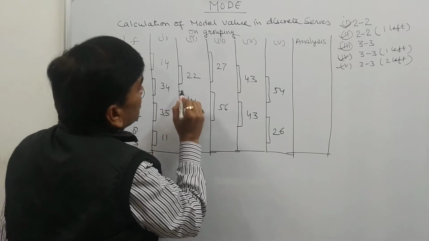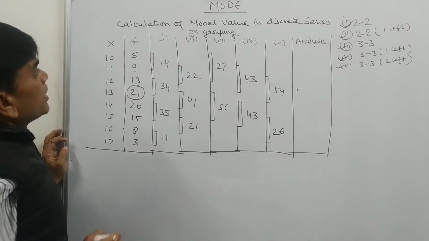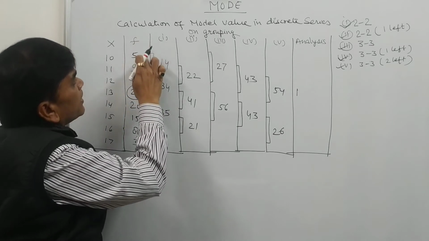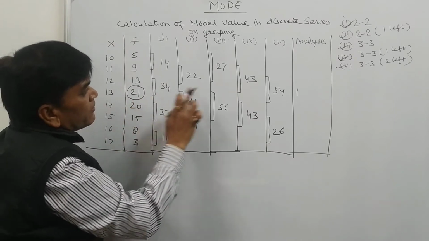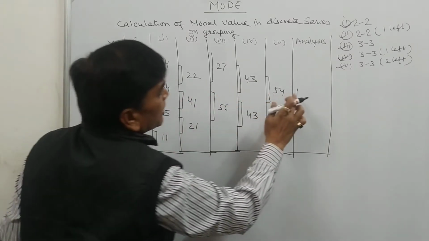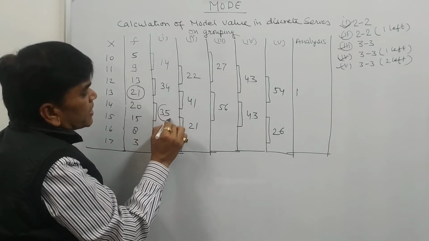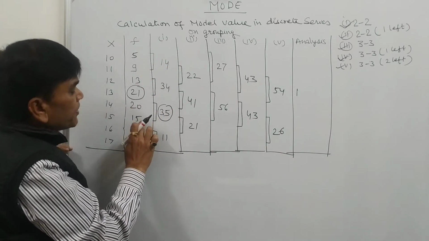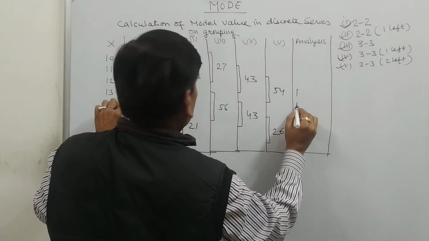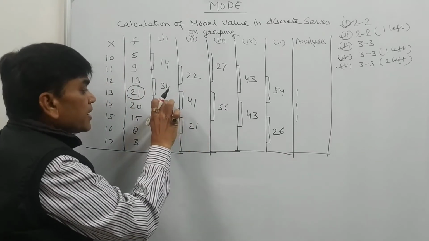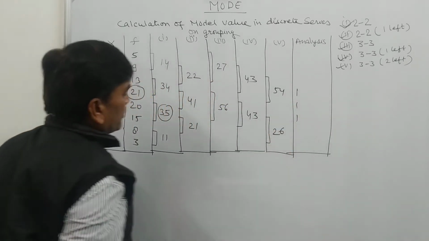So we will put a tally mark on this. In the first grouping, firstly we take the frequency, 21 is maximum, so we will have only a tally mark in front of 21. In the first grouping, 35 is the maximum value, which is the addition of 20 and 15. So we will have a tally mark on 20 and a tally mark on 15. This is the addition of 2, that's why the two tally marks have been drawn.